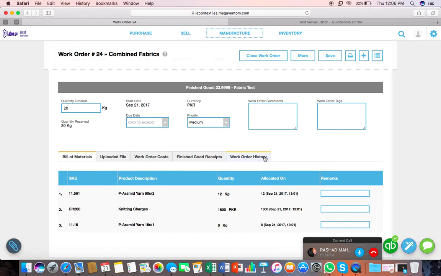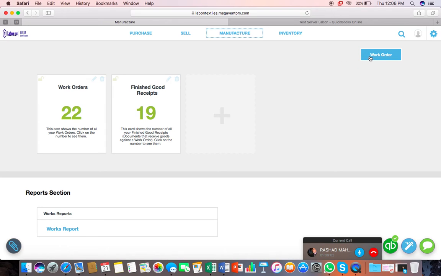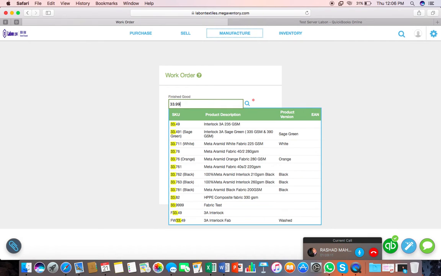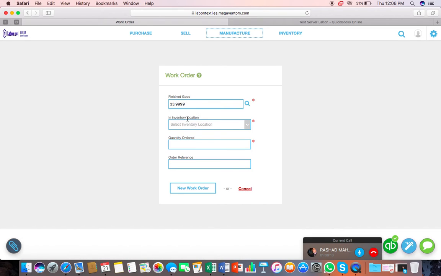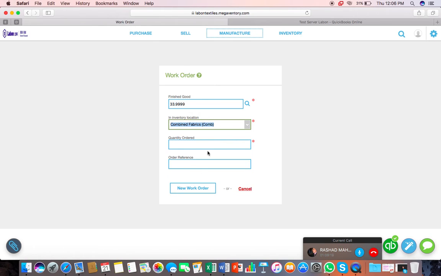When we want to make a new work order, you open one. If you want to create a new work order, you just click on this work order button here, and you want to create this finished good. You select the location in which the supplier you are preparing it, and let's suppose you want to create 10 kilos. You create a new work order,